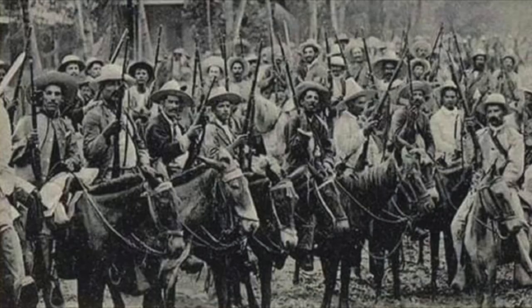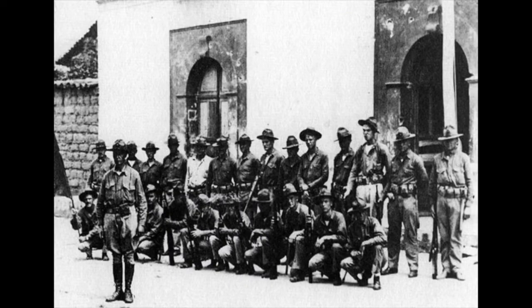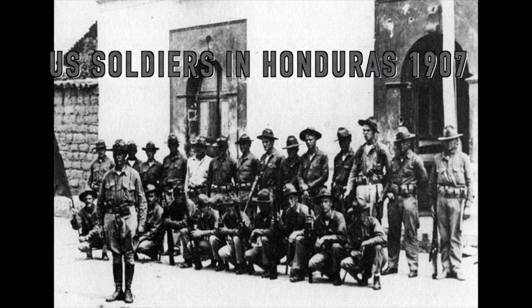And because of this instability in Honduras from essentially 1903 to 1925, American fruit companies like the United Fruit Company would call on the U.S. government to send military troops into these countries to intervene on their behalf to protect American economic interests in these countries. And the instability was a threat to it. So the U.S. military, the Marines, were sent into Honduras several times in 1903, 1907, 1911, 1919,